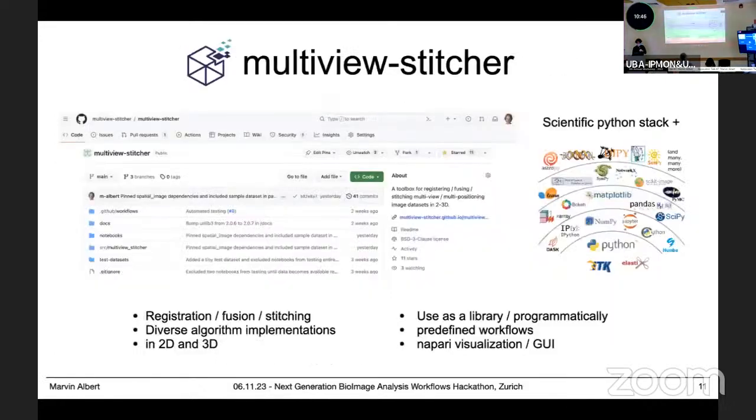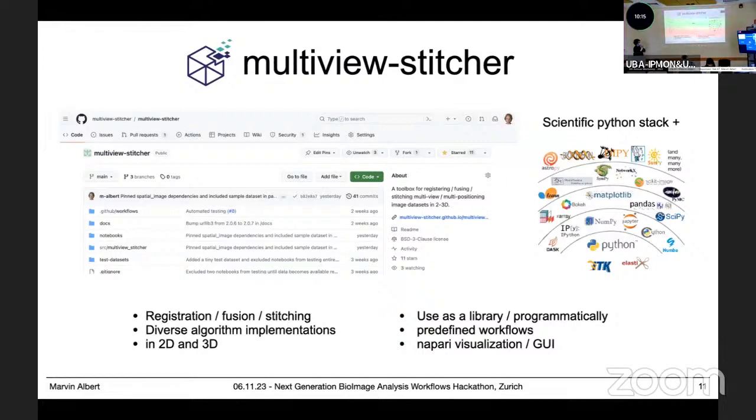Yes. While there is software for this in Fiji, something called BigStitcher, that has often been used and is being used a lot, there is a lack of maintenance for it, and people need different types of registration and fusion algorithms available when things start to fail. And we're developing